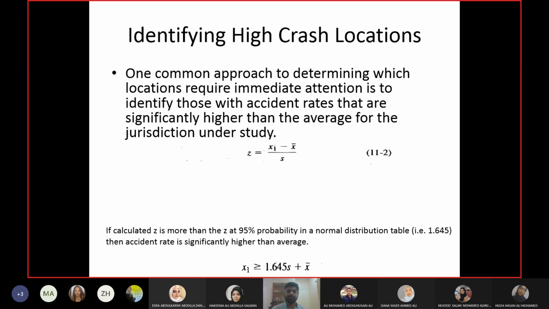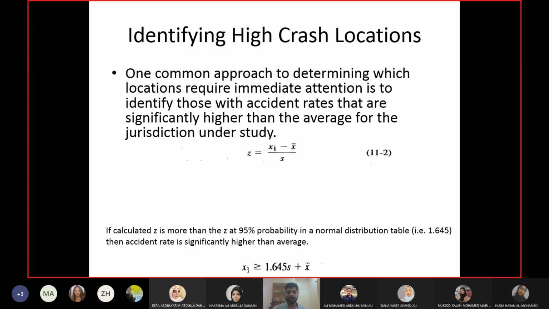Here we are performing the z-test to compare between the crash rate at a particular site with the average crash rate of the similar sites in the area. Okay, again, so you should have a very clear idea that we are trying to find out the high crash location in comparison to the other sites. So for example, you have 100 intersections in your area. On those 100 intersections, you will calculate the crash rate, and the crash rate for an intersection is the number of crashes per million entering vehicles, which is the VC, the total volume.